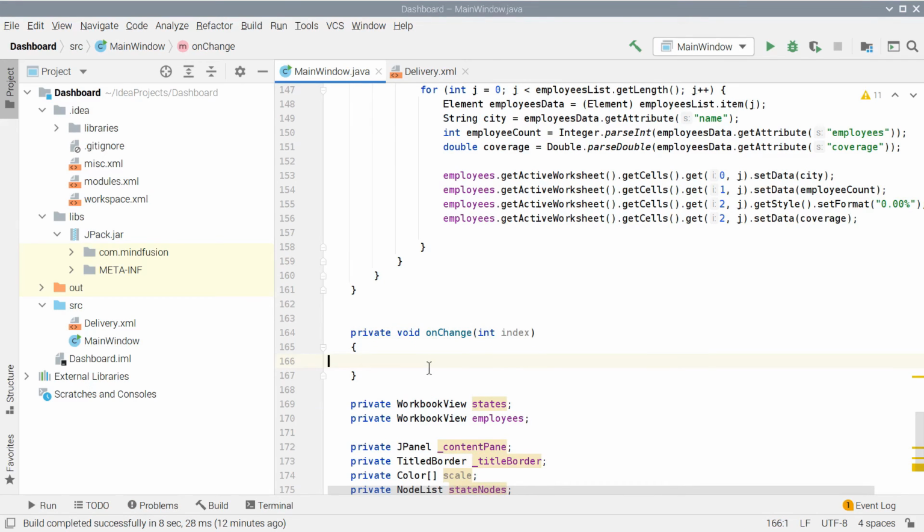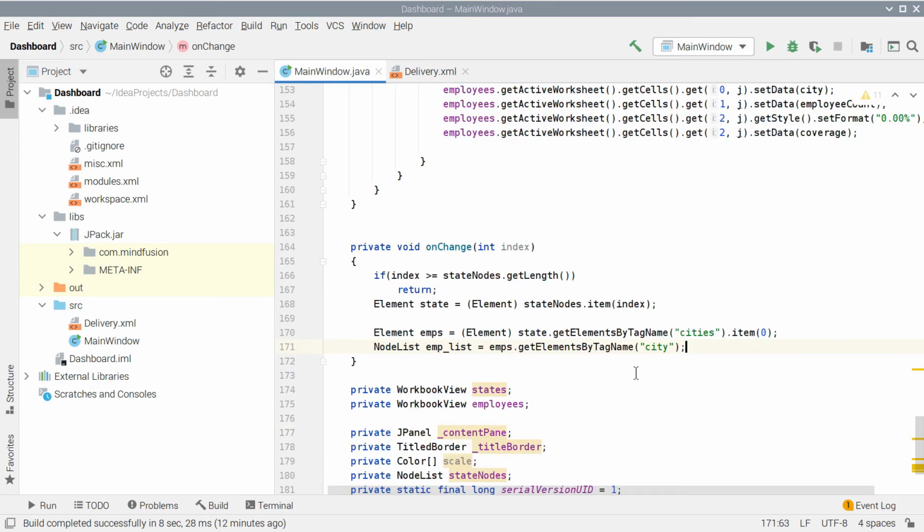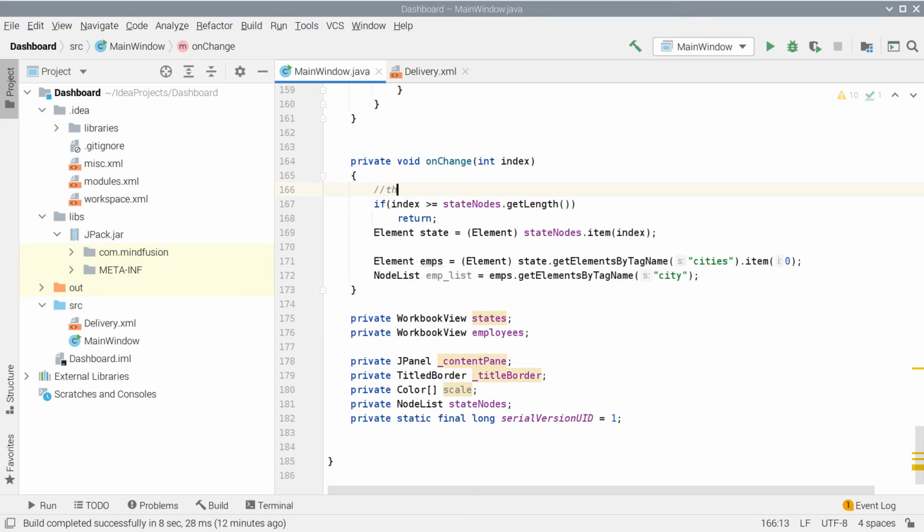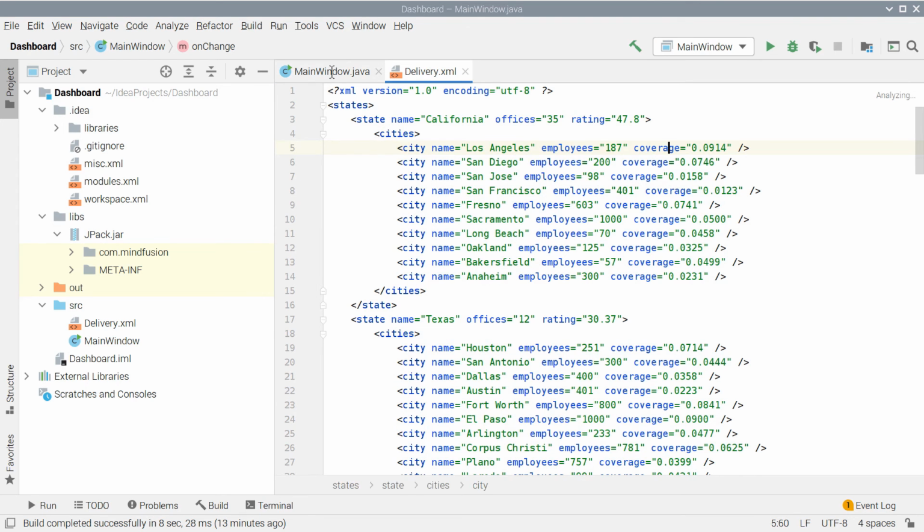In the onChange method, we first check if the cell clicked contains text. It is possible that the user has clicked on an empty cell. Then we get the node with the provided index and its only child node, cities.